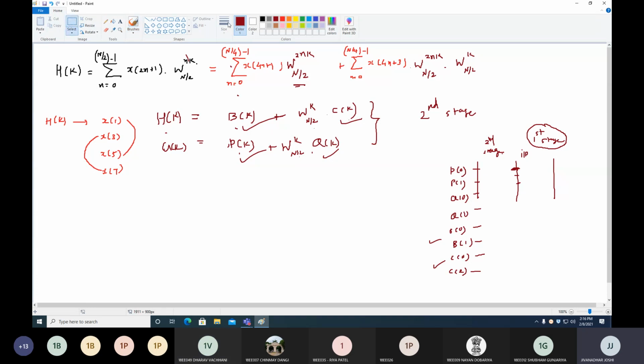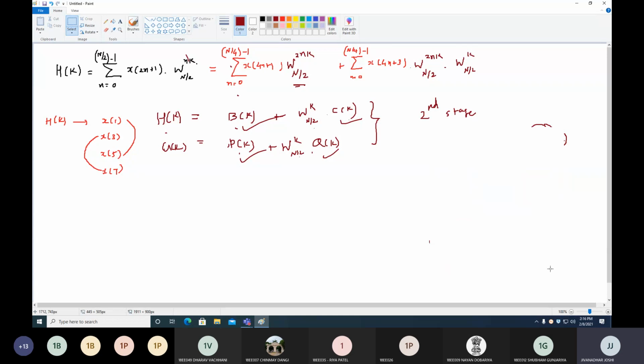Okay. So with this, you can relate what we have drawn for the second stage. Now, I have already told you that you need to derive the equations how many times? P minus 1 times. P is 3, 3 minus 1 is 2. So already you have derived it 2 times, right?